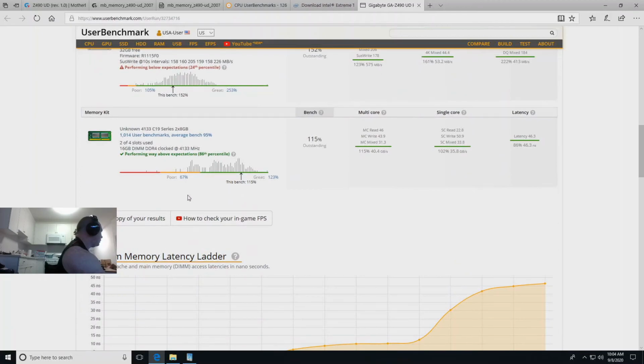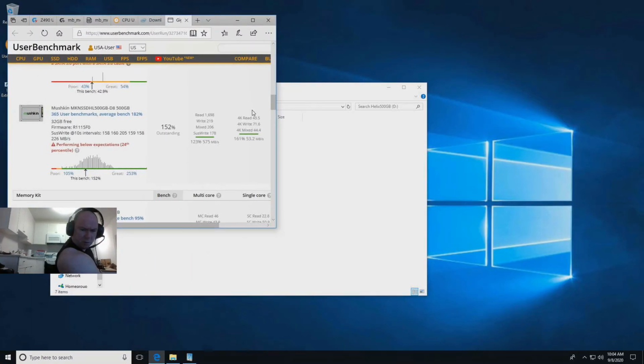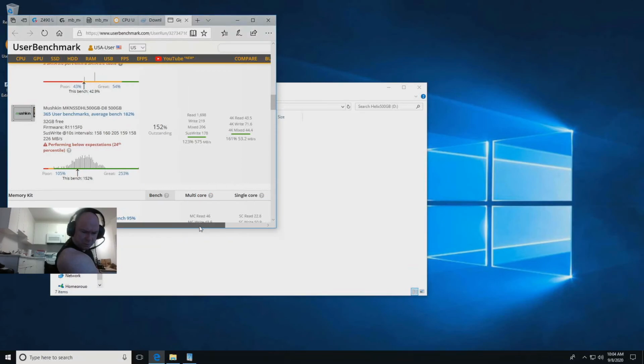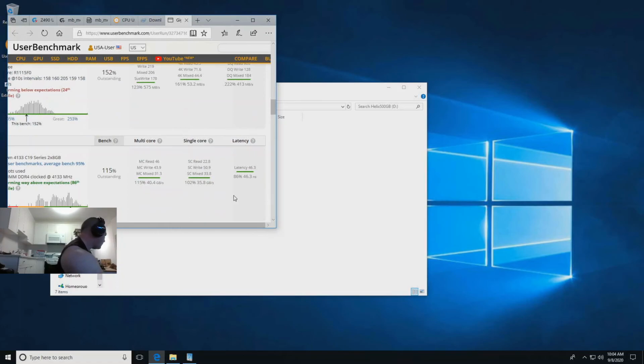But here's the numbers, and oh my gosh, that is the highest bench I've ever had on RAM. 113 with an ASRock Z490 motherboard, and in this case it is 115, scoring in the 86th percentile. Now I'm looking at this monitor; it's all jacked up, so I can't see what's over on the right side too well. But what I wanted to do is look at the latency. .3. So I've seen better numbers for that, but